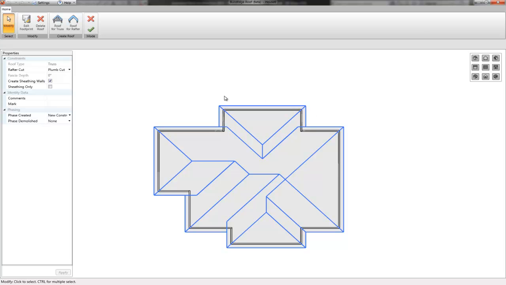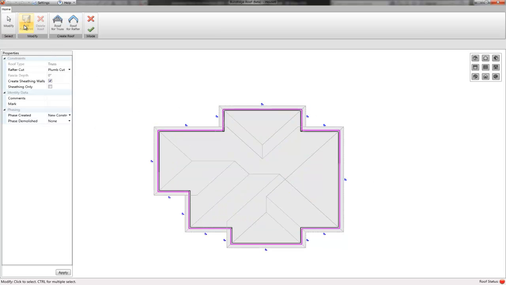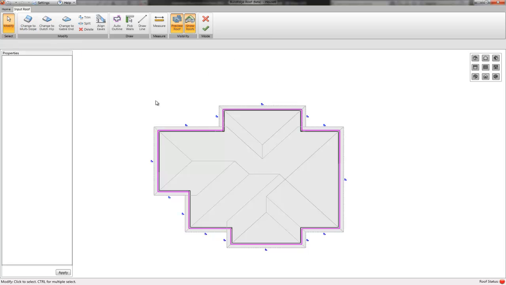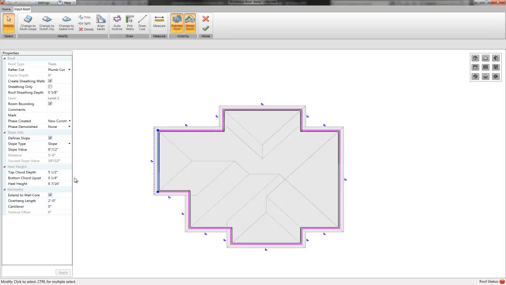If I want to actually modify the geometry, while it's selected, I click on the Edit Footprint command. That's going to take me into my input screen, same screen I saw when I actually created this roof. From here I can do a couple different things. One is while I'm in the Select command, I can pick a line of the roof. While that's highlighted, I can use the properties over here to the left side to modify my parameters. I can change the slope, overhang, that sort of information,